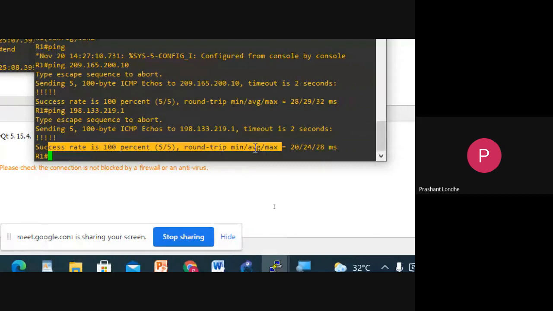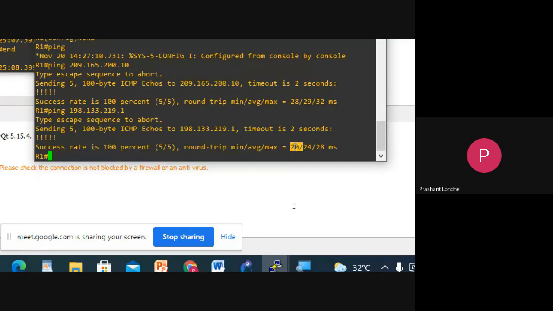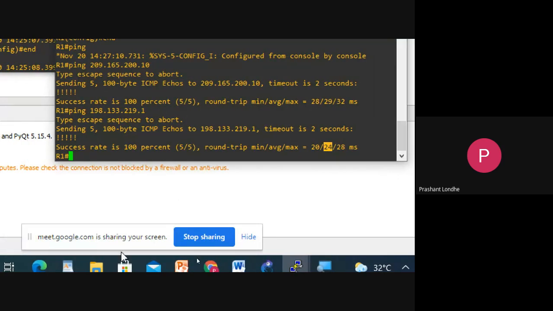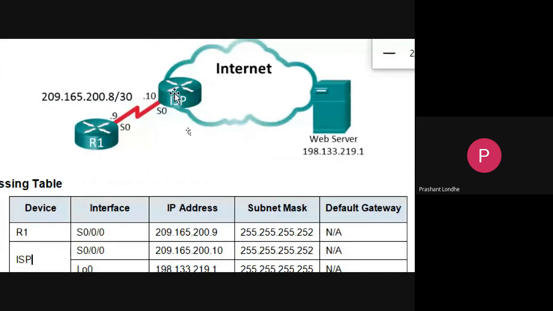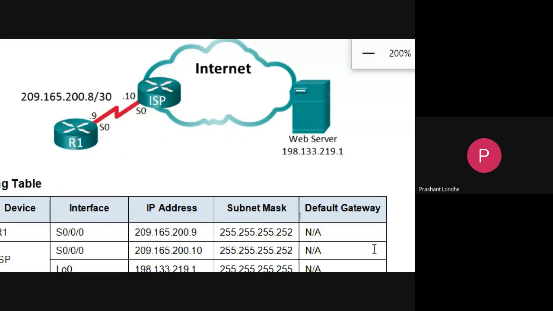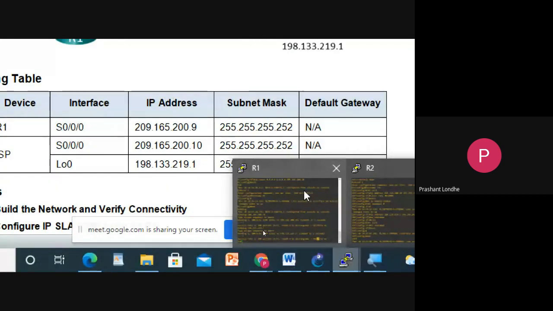The round trip time: minimum time required is 20 milliseconds, maximum is 28 milliseconds, and the average is 24. So you can see I have connected R1 with ISP and ISP with the web server, and also R1 with the web server. So this is all about my connectivity.